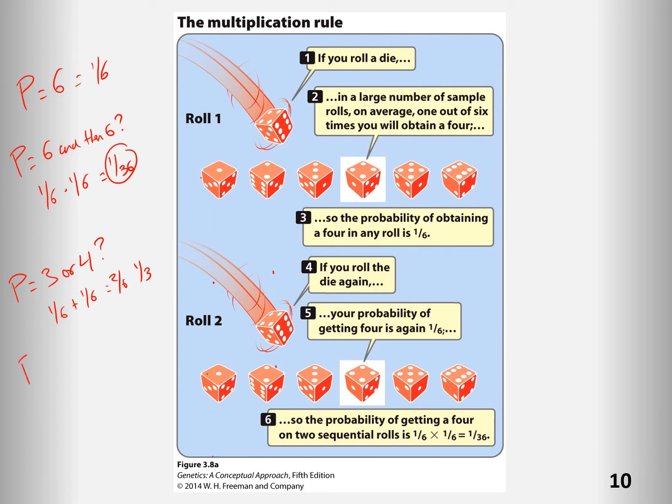But if we said, what is the probability of getting a 3 on the first roll and then on the second roll getting a 4? Well, now we're talking about something completely different. We're not creating extra pathways to meet our criteria. We're actually decreasing the ways to meet our criteria. And so instead of adding them together, we would need to multiply them together